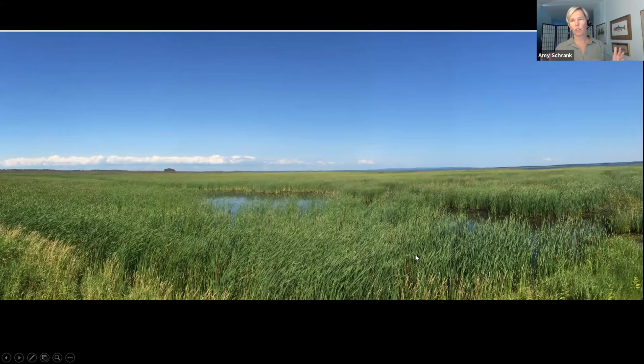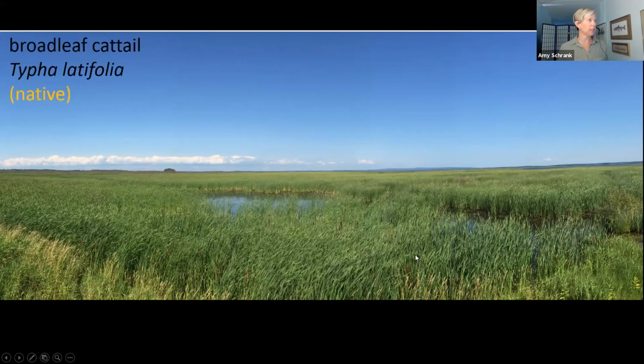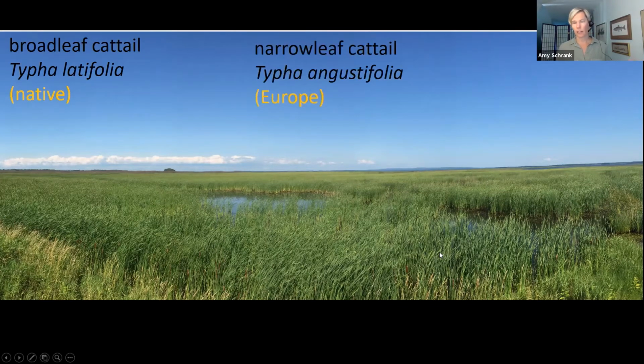So what species are we talking about here? And this can be confusing for folks, so I thought I'd just spell it out at the beginning. We do have native cattail in Minnesota and in the Great Lakes called broadleaf cattail or Typha latifolia. So this is native. It doesn't tend to grow and take over like the hybrid does. We also have a non-native cattail called narrowleaf cattail, Typha angustifolia, probably from Europe, probably came here in the late 1800s. They're hard to tell apart, unless you're looking at them next to each other.